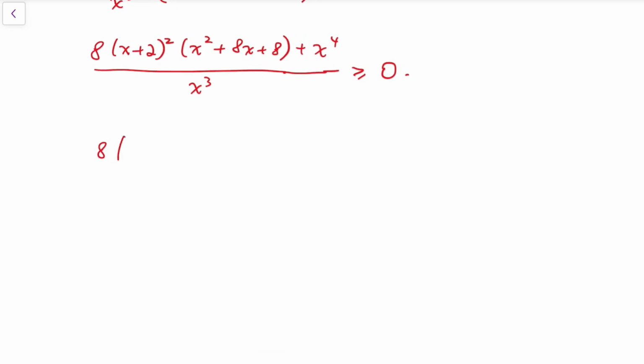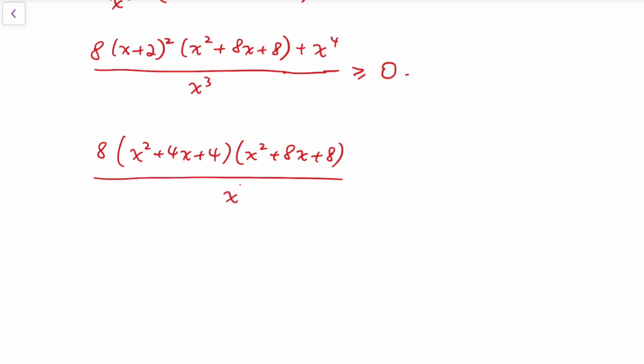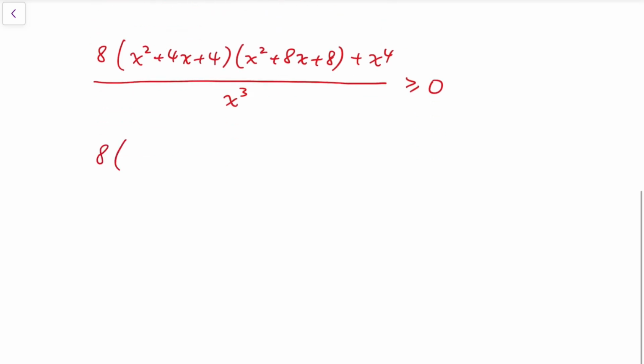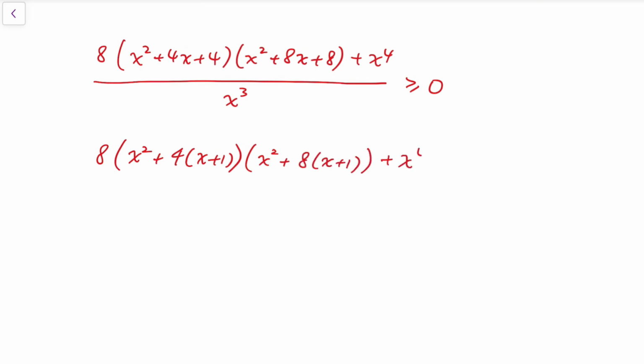Then to simplify this, I'm going to first expand (x+2)^2, which is easy. And now, just a tiny trick in expanding the product of x squared plus 4x plus 4 and x squared plus 8x plus 8. Indeed, I can rewrite that as (x squared plus 4 times (x plus 1)) times (x squared plus 8 times (x plus 1)), plus x to the power 4, all divided by x cubed, which is